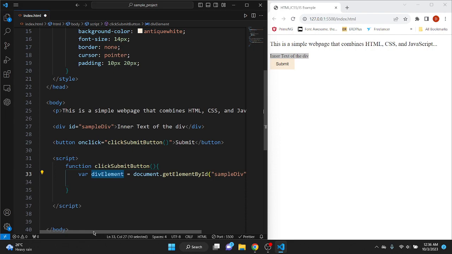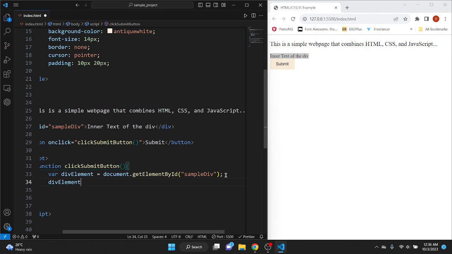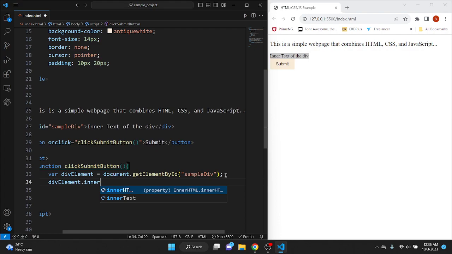We can get the div element using get element by ID. I am going to change the inner text of the div element dot inner text. I mark inner text as clicked on submit